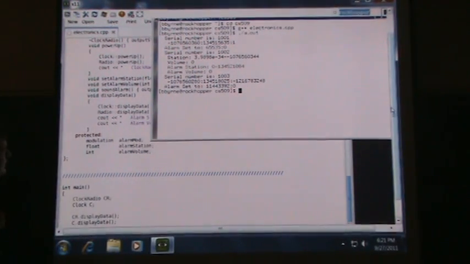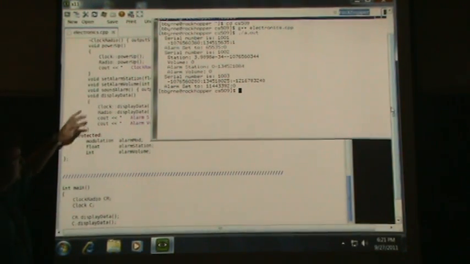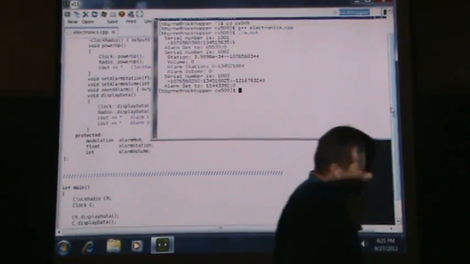So let's see. The clock radio I'm displaying first, and I did that for a reason. And the reason is, what are we displaying? Display data of a clock radio calls display data of a clock and a radio, right? And those ones call,